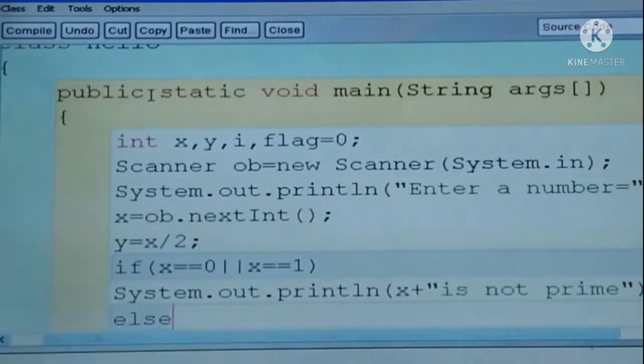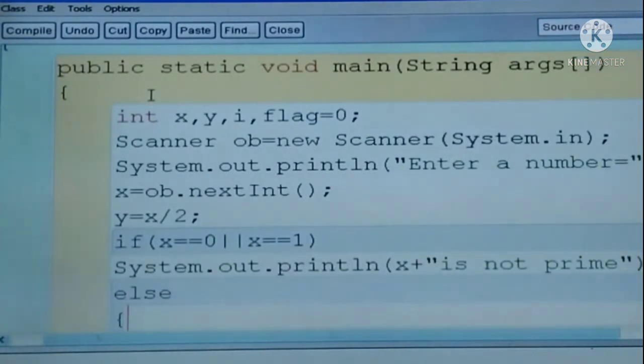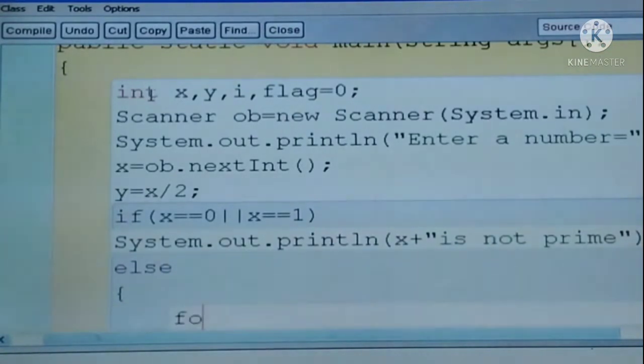Else, for i equals 2, i less than or equal to y, and i plus plus.